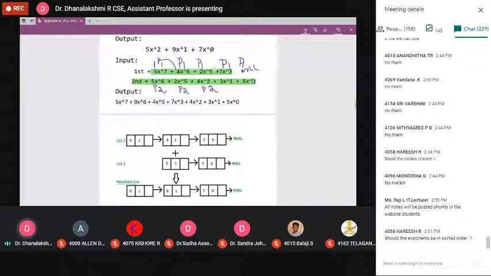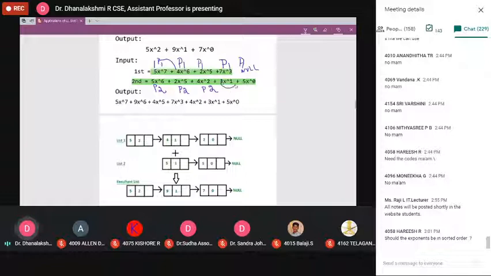What is the remaining step? How can we store the remaining elements in the resultant list? Yeah, the last case: you have to copy once the comparison is not at all possible. We can consider the remaining elements from list 2 and copy them into the resultant list one by one.